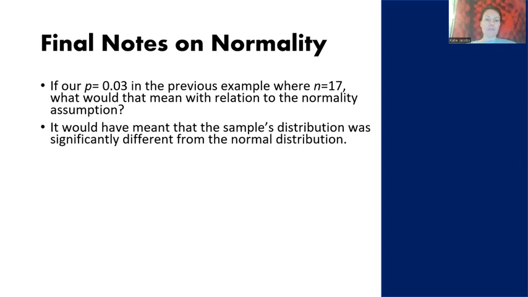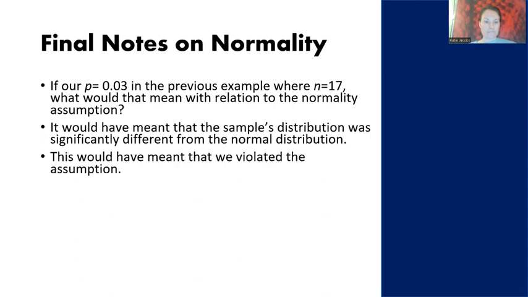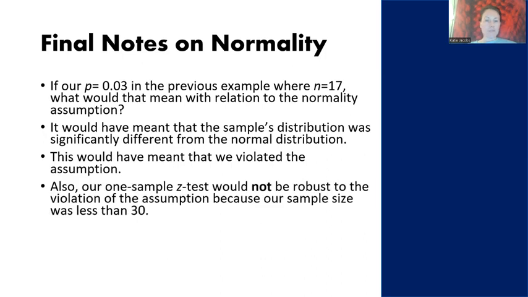It would have meant that a sample's distribution was significantly different from the normal distribution, which is bad. We don't like that. So then we would have to see if our one sample z test was robust to the violation of this assumption, because we violated it. And our one sample z test would not be robust to the violation of this assumption because our sample size was less than 30. What that means is, if this happened, if our p-value is